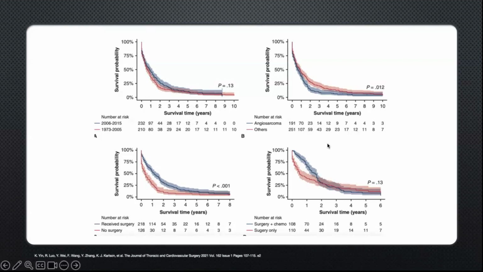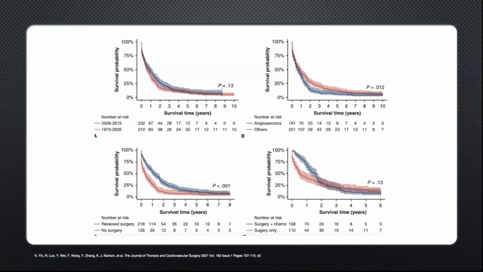But the one I really wanted to show you is this one here in the bottom left. So what you can see, the red line in this case is actually with treatment. So they had surgical intervention, chemo, rads. And the blue line is with treatment. The red line is without treatment, I apologize. What you can see at the beginning is that there's separation between the Kaplan-Meier curves here, which means there's increased survival of these patients. But by the time you sort of get out to the 2 and 3 year mark, and same in this graph here, you can see that the curves sort of overlap, which means that there is no more increased survival